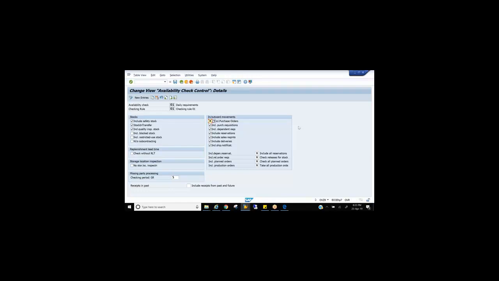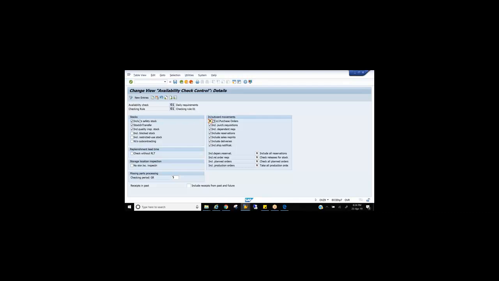See, whenever you create an order, from which stock do you sell to the customer? Returns, unrestricted, or from where? We always sell from unrestricted stock, right? We always sell to the customer from unrestricted stock. But there might be some scenario in the business where you need to sell goods from safety stock. So what you do is come here and activate it here. These fields control where you want to perform availability check. By default, the system always performs availability check in the unrestricted stock.